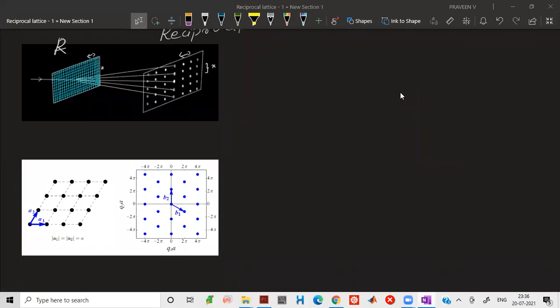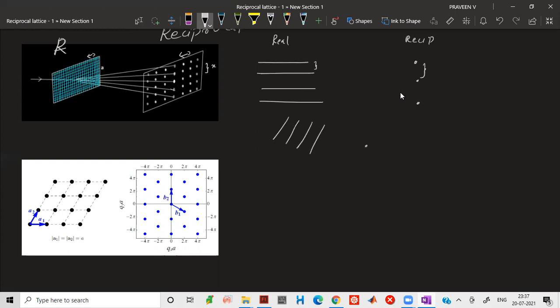So the important point was that if there is some plane that is reflecting, the reciprocal lattice points, or the diffraction spots, will appear perpendicular to that plane. This is the real space and this is the reciprocal space, and this particular distance will be the inverse of this particular distance. If there is some other plane like this, the dots will appear perpendicular to this plane, and the separation will be the inverse of this particular distance. One more case: say there is some plane like this, and the diffraction spot will appear perpendicular to it, and likewise the distance.